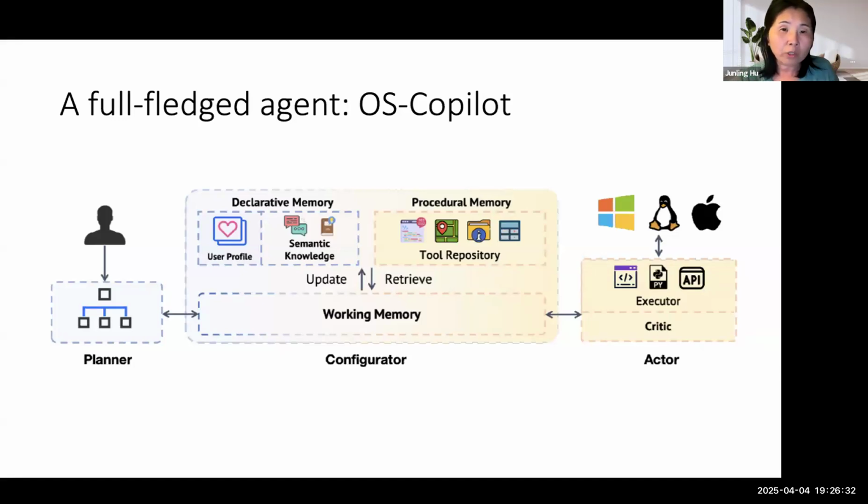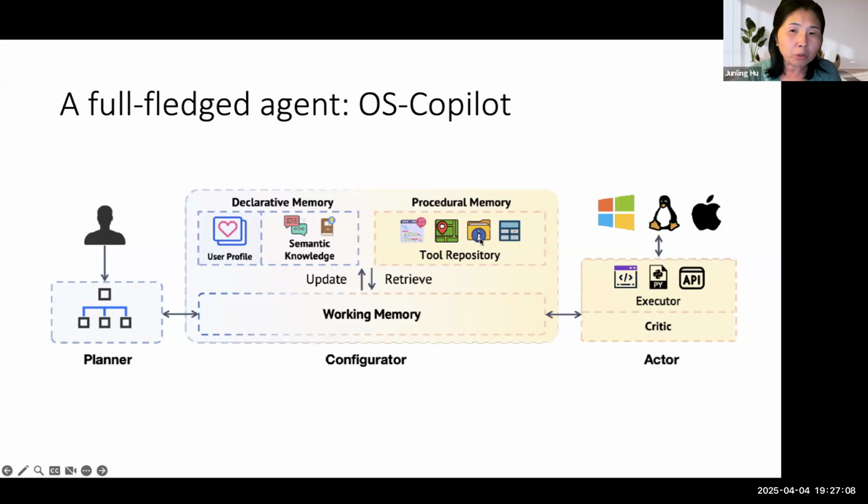Suppose the user has a question, like what should I do to delete certain files? If they don't know the command, the agent is supposed to be able to retrieve that information. And secondly, there is a so-called user profile, and this is not fully a fact. It's a summary from the user. It could be a general description about the user, but it could also be the user's action, the user's previous interaction.